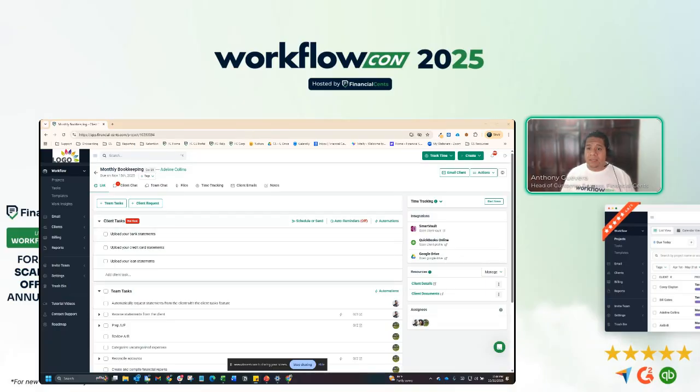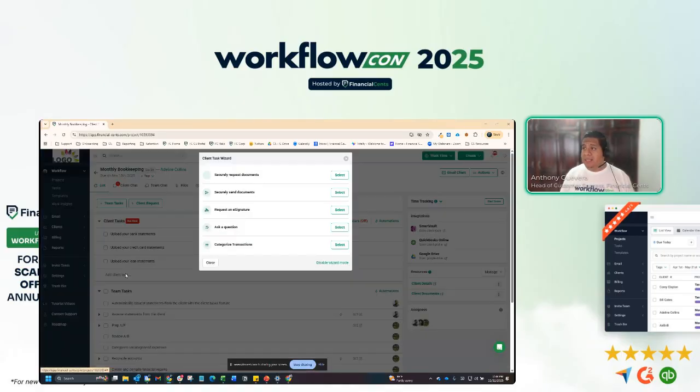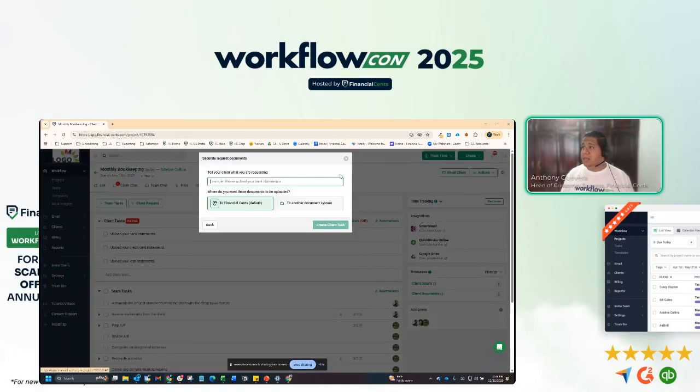Bear with me a second here. Okay, so this template kicks off with 3 sample tasks. So here we're going to go ahead and add a new task. We're going to securely request documents, and I'm going to update this to say upload bank statements from Chase 3456. Right, that way you can be a little bit more specific with your clients as to what documents you're